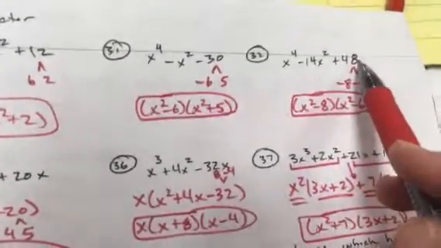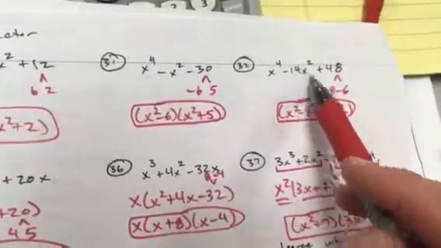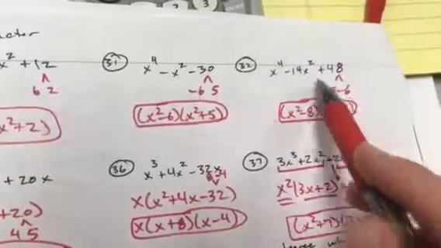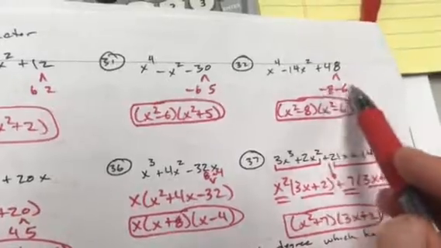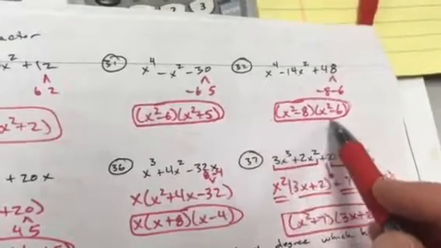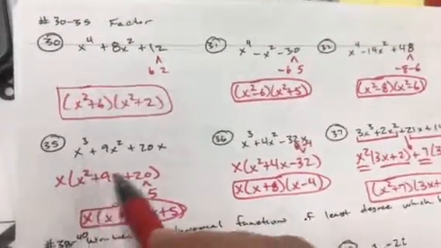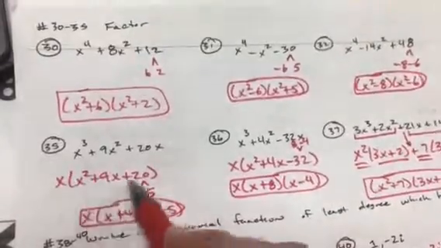What multiplies to 48 and adds to a negative 14? That means I have to have 2 negatives. The product of 2 negatives is positive. The sum of 2 negatives is a negative. Anyway, that is 8 and 6. X squared minus 8, x squared minus 6. Guys, on these, I got to factor out the x that they all have in common. Take the x out. Everything is 1 power less. When I have x squared here, I can factor